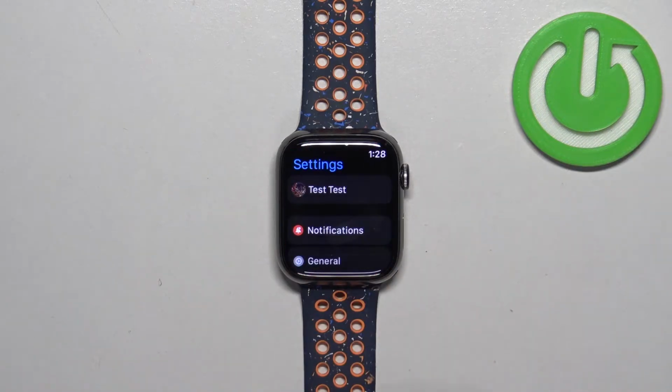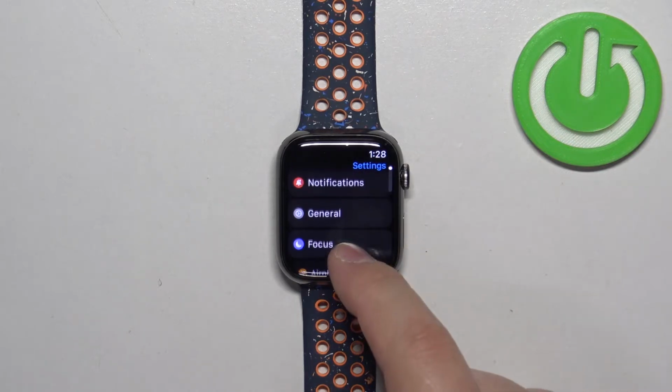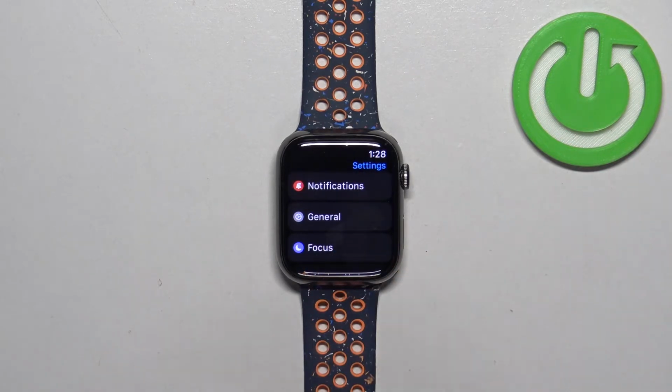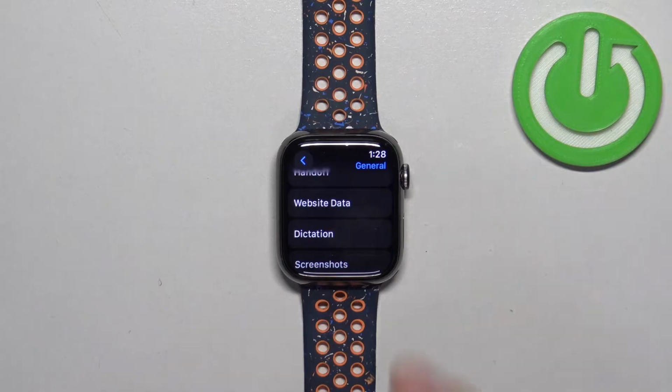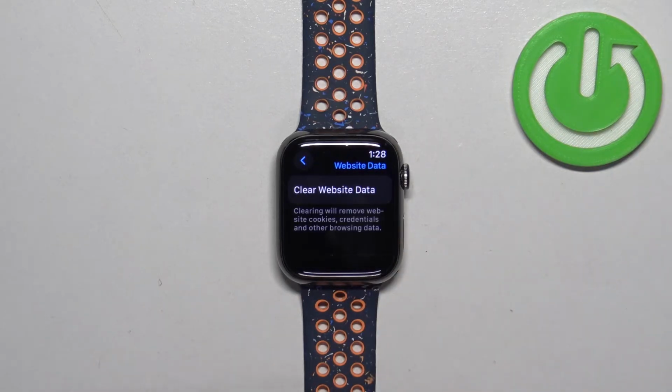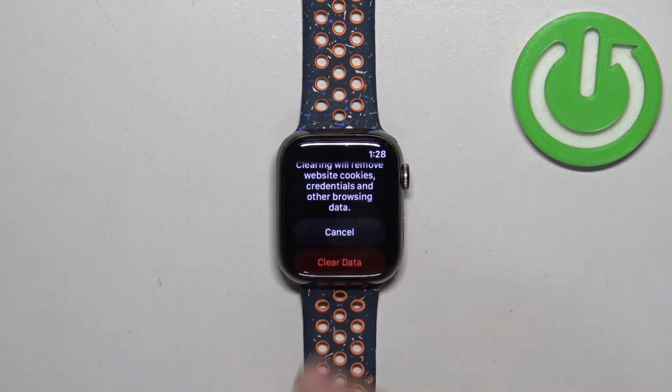settings. In settings, scroll down and find the option called General. Tap on it, then scroll down and find the option called Website Data. Tap on it, and here tap on the Clear Website Data button, and then scroll down and tap on Clear